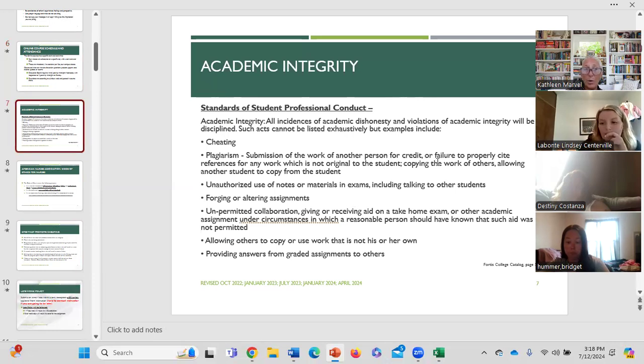Academic integrity, really important. Academic integrity entails all incidences. If there is academic dishonesty and violation, it is disciplined. Okay. Some examples: cheating, plagiarism, unauthorized use of notes, forging assignments, unpermitted collaboration, giving or receiving aid on take-home exams. Okay, we don't have take-home exams, but